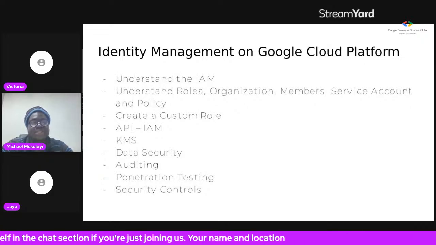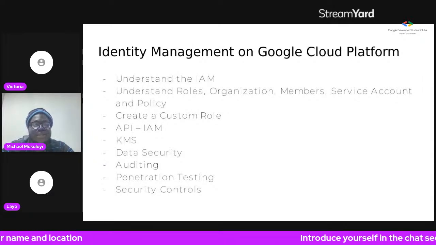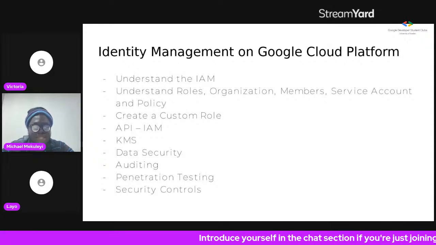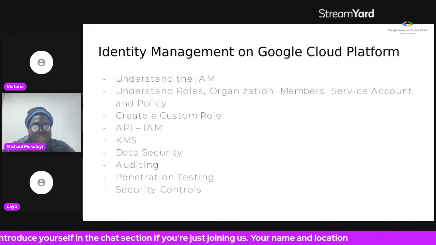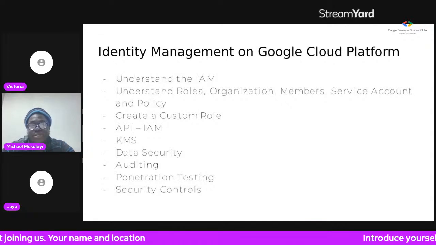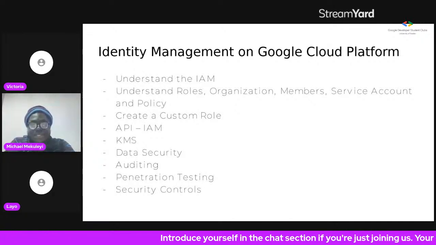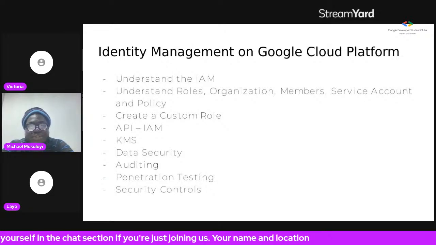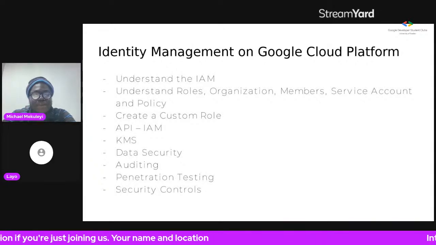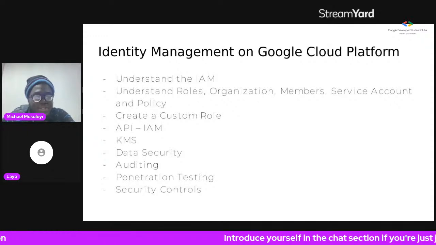You can also do identity access management via an API. You can provision an API that you would use to give people access to specific resources on GCP. So you also have your KMS system, you have your data security system, you have your auditing system, and there's roughly a strong penetration testing unit also on GCP to help ensure that a lot of the things in your servers are very, very secure. The people that are getting access to your resources are very, very protected, and nobody can break in and have access to all your resources.